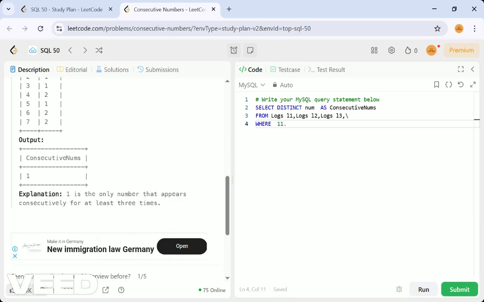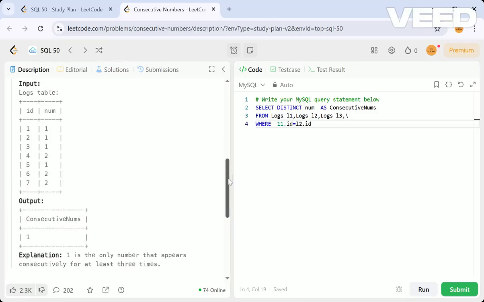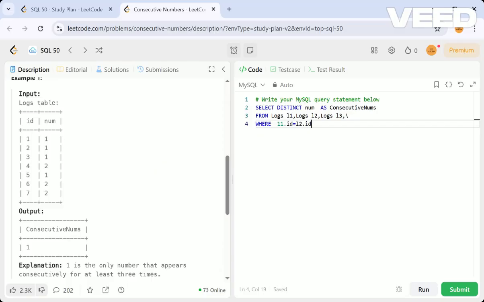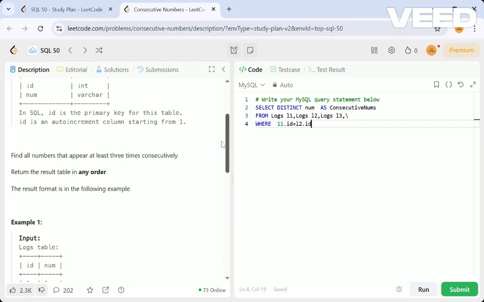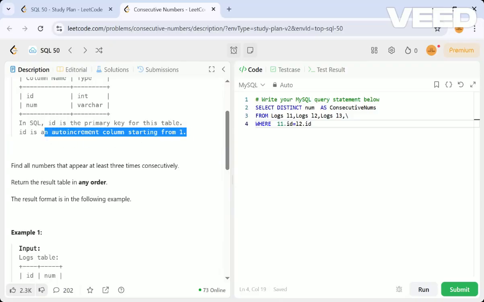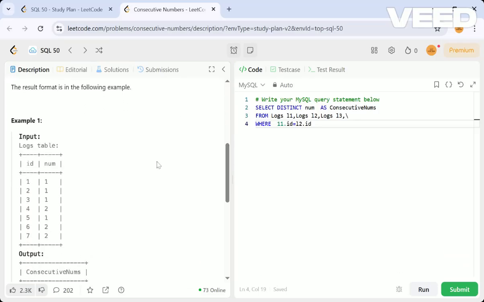L1 dot ID should match L2 dot ID for the second repetition. The second repetition is nothing but, since ID is an auto increment starting from 1, the second consecutive row is one more than L1. If L1 is 1, then L2 will be 2, and 2 minus 1 will be 1.